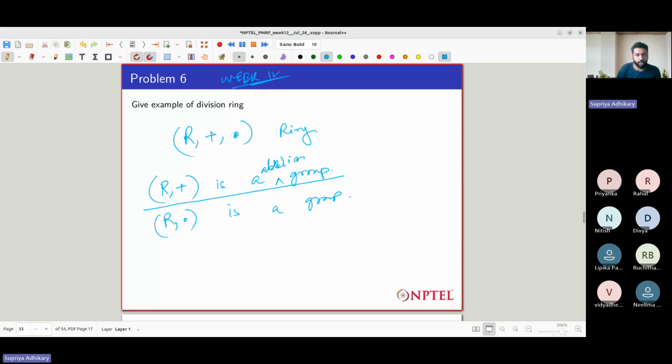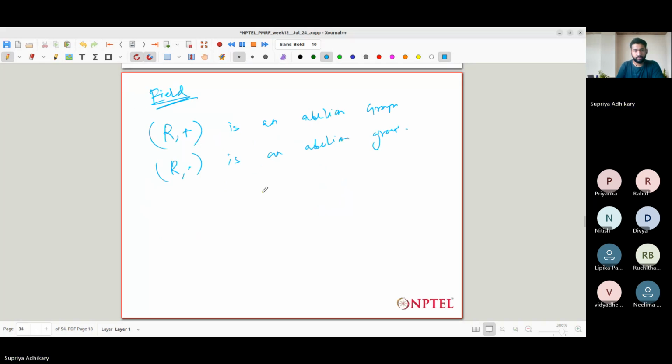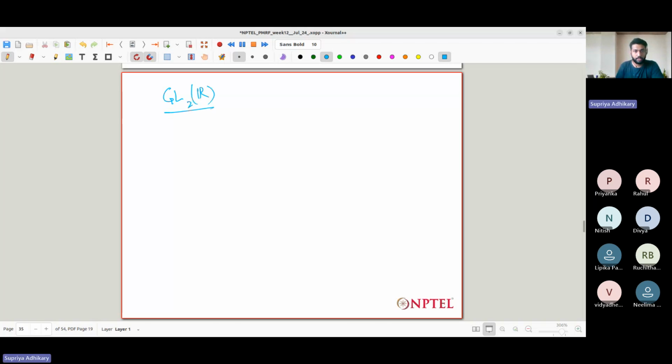So that means that with respect to dot, each of the elements should have a multiplicative inverse, but the elements may not commute with respect to this dot operation. So what is an example of such a ring? One example is GL2R. So what is this? This is basically the set of all 2 by 2 matrices such that the determinant,